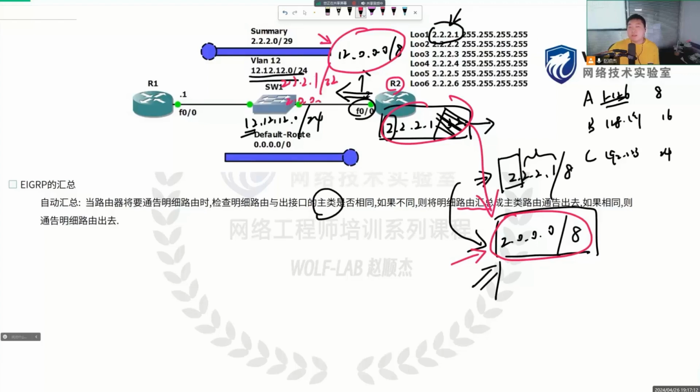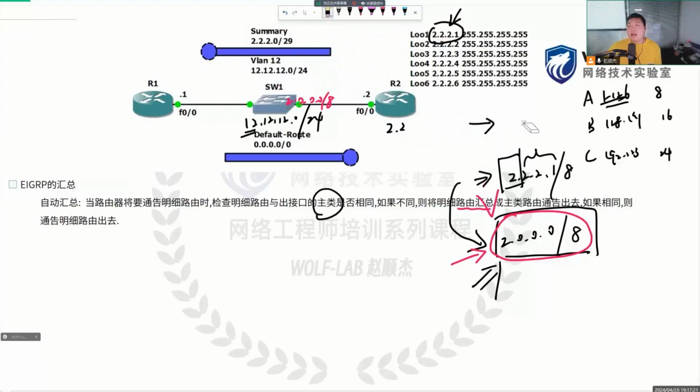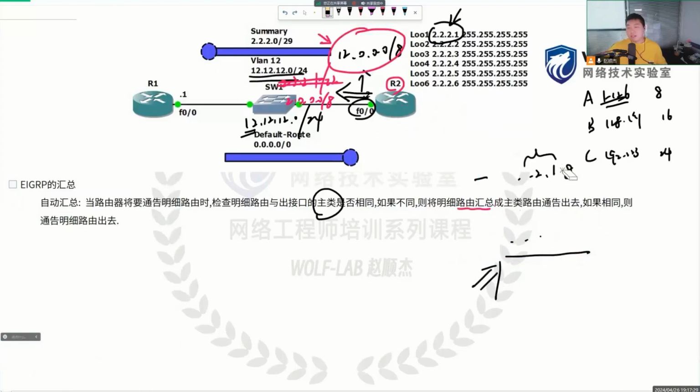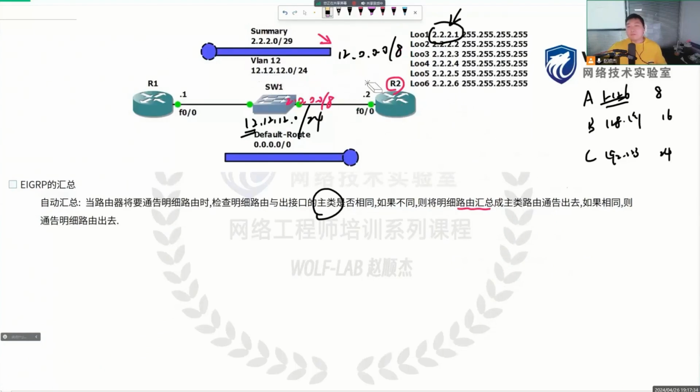These 6 routing entries, how one cancellation can pull all these back. This cancellation is too powerful. So, if the detailed routes we advertise are all created by us above, these loopback map routes, then the primary class of 2.2.2.1 doesn't match the outgoing interface's primary class. Advertise 2.0.0.0/8,